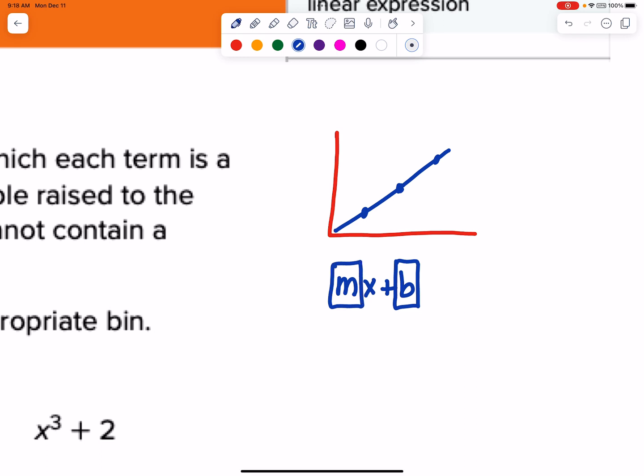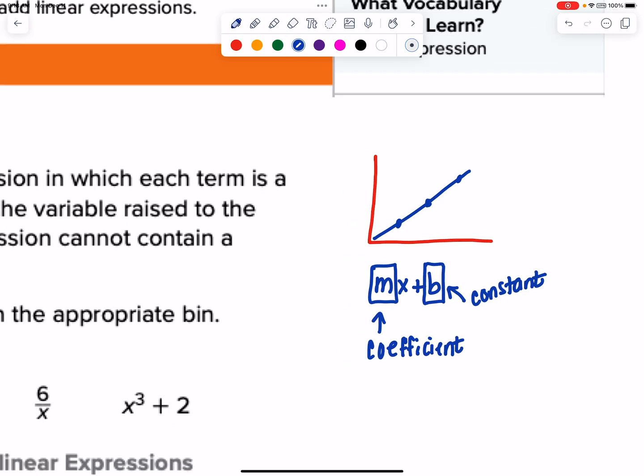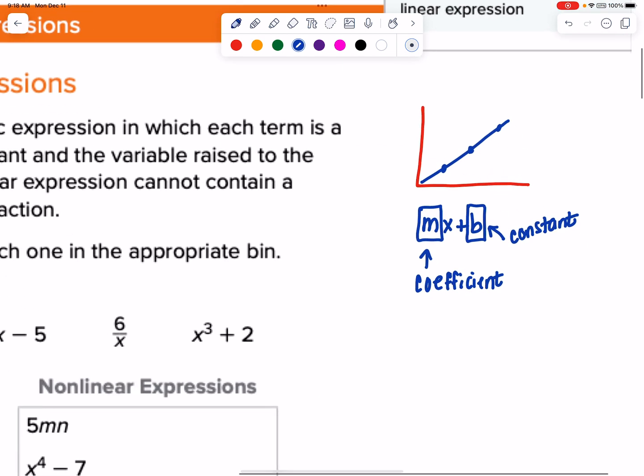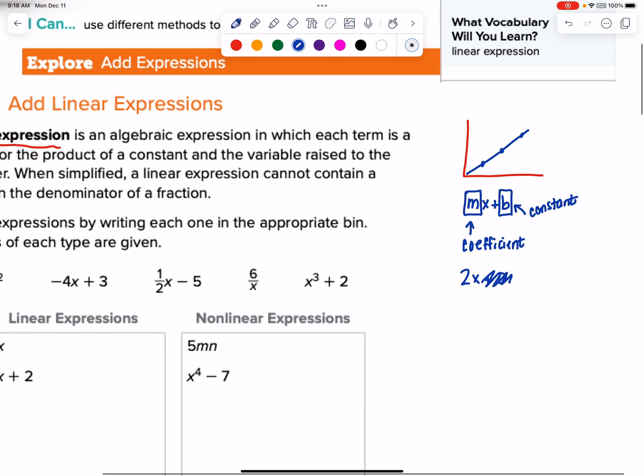So you have your coefficient. We talked in the last lesson about how a coefficient is in front of the variable, and it says how many of that variable you have. And then b is just going to be a constant. When we're talking about a linear expression, it has to fit this form. But understand that we could have 2x plus 0, which means you could have just 2x and that would be a linear expression. The only thing you cannot have are exponents other than 1,